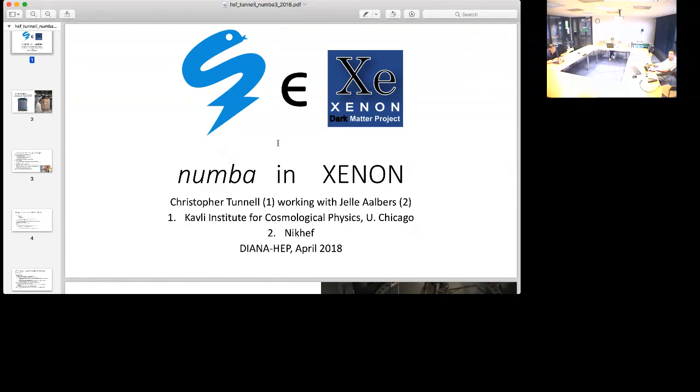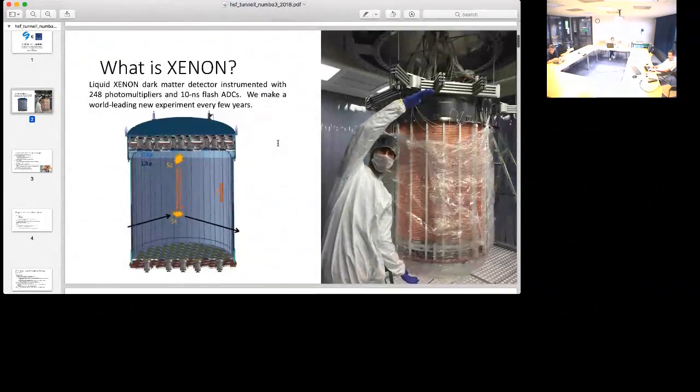Yep. So Stan was talking about making tools for people that make tools for analysts. And that's essentially what myself, Chris Tunnell, and Jelle Aalbers, who's a student at NIKHEF, have been doing for the XENONnT experiment. So what is XENONnT?